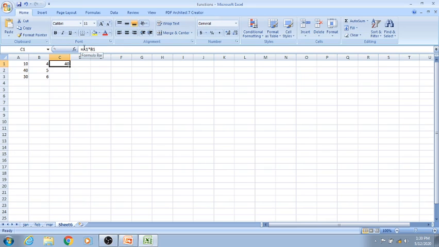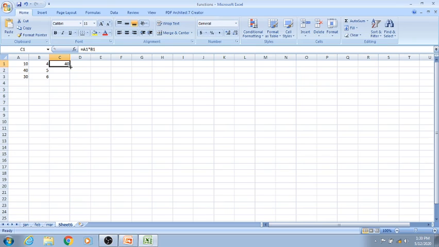Okay, now if you want to do the calculation the same way for A2 and B2, for A3 and B3, what you have to do is just see this pointer which I am moving. This is a plus sign, a white color cursor, isn't it? Now place this mouse pointer here at the right corner. See, the pointer has changed into a black plus sign. Can you see that? This is called the fill handle.